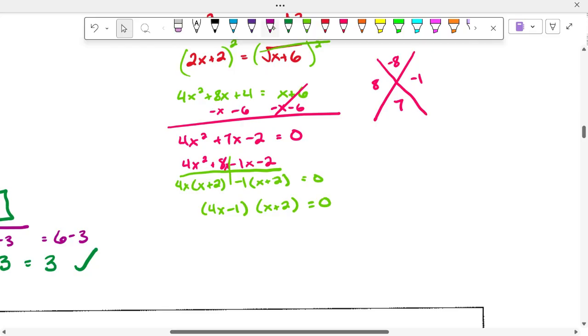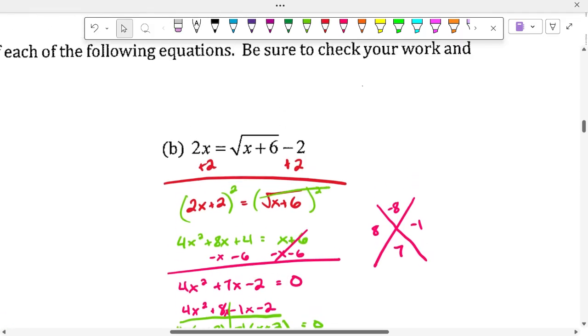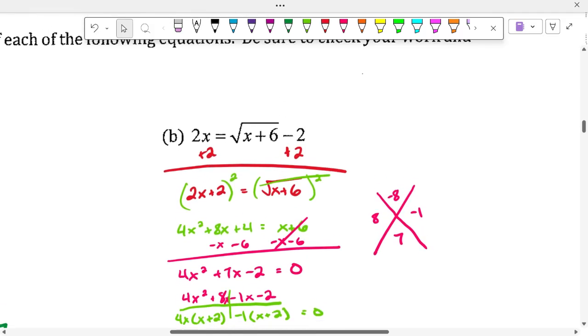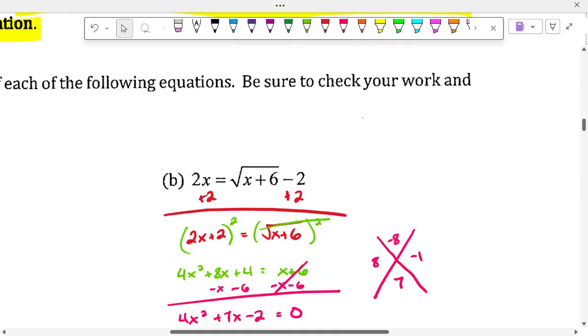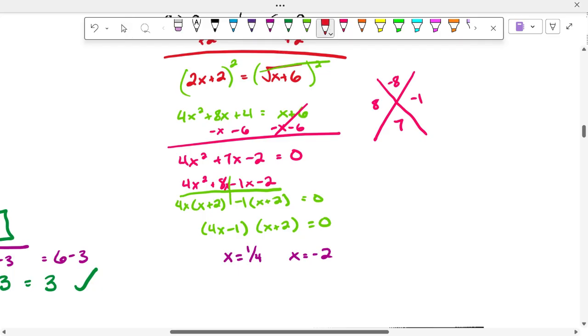So set both equal to 0 and solve them. I should get x is equal to positive 1/4 and -2. Now, I still need to check them, so I'm going to do a quick throw back into my original equation. When I say original, I mean what they wrote up here before you did anything. So, I have 2 times 1/4